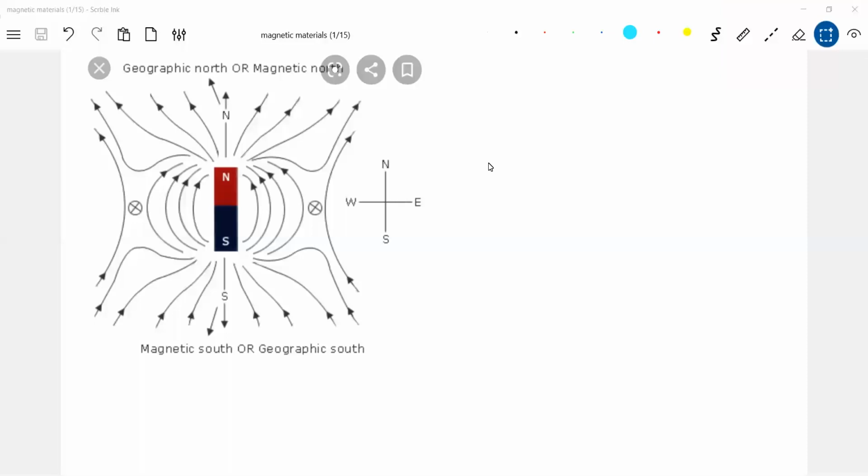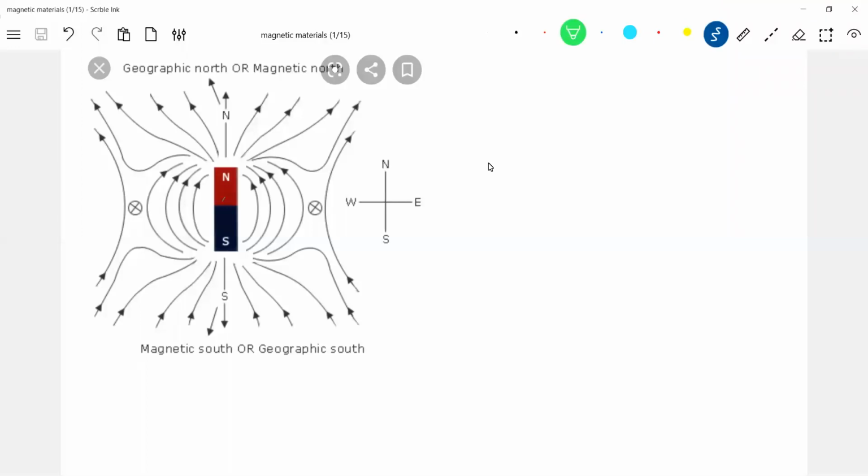Yesterday's class, what happened? We had a discussion about Earth's magnetic field and its average magnitude. What is the order of magnetic field on the surface of the Earth? It is 1 Gauss or 10 to the power of minus 4 Tesla. Then, can I use this magnetic field of the Earth to find out the dipole moment of a bar magnet? Because that is something very, very important for us.